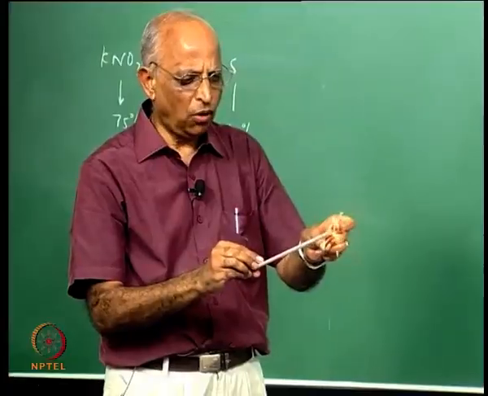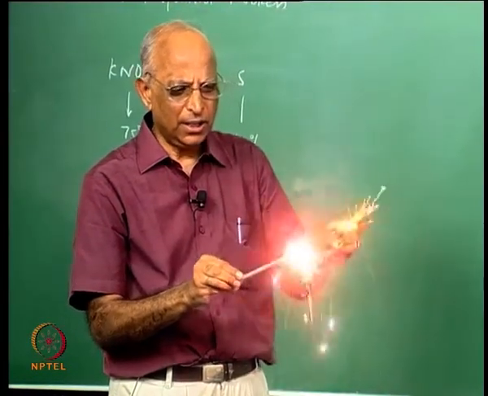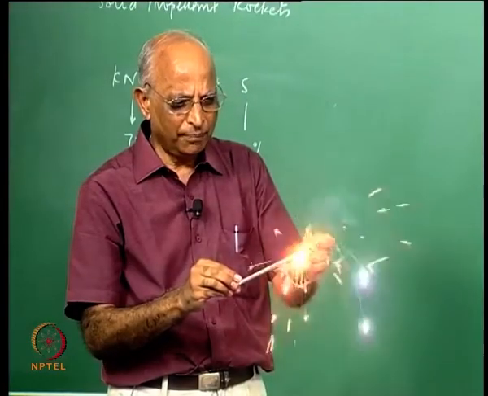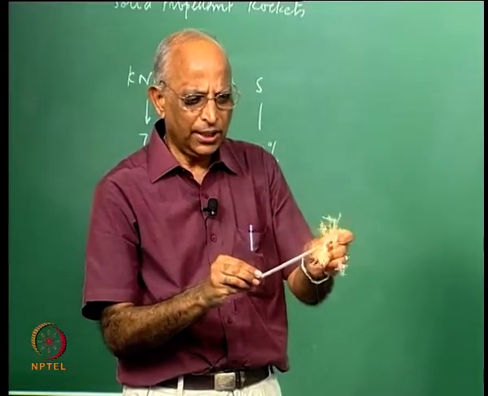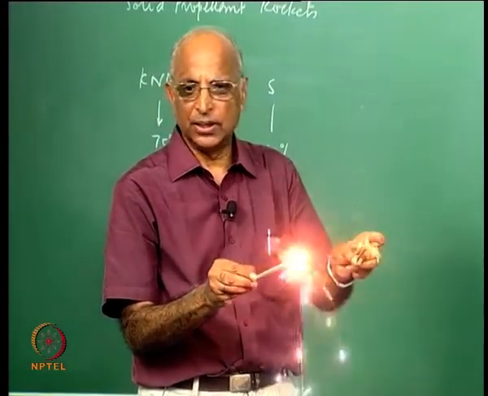See, the metal having so much energy, you find the heat is much higher, and that is why we say metal has a higher heat of combustion, and that is why metals are used in solid propellant